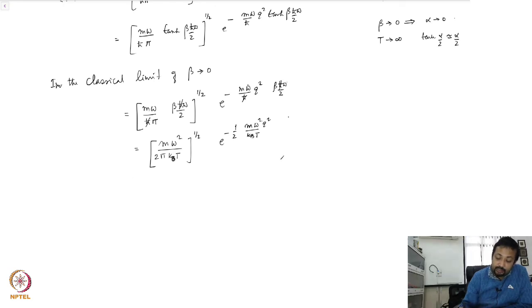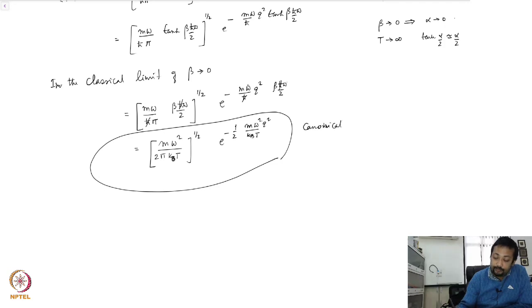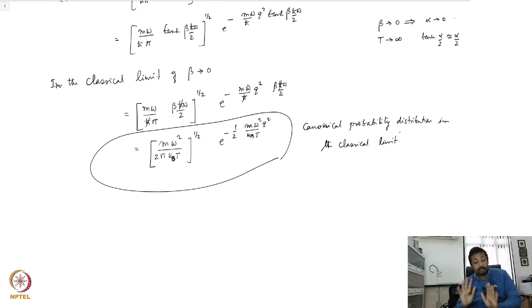So you see this result is exactly the canonical probability distribution in the classical limit. So in fact we have come up with the correct expression, and this corresponds to rho of